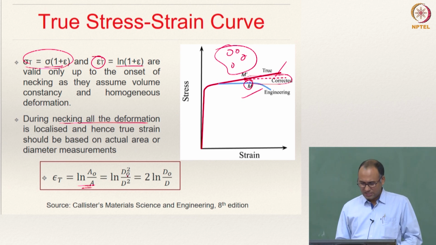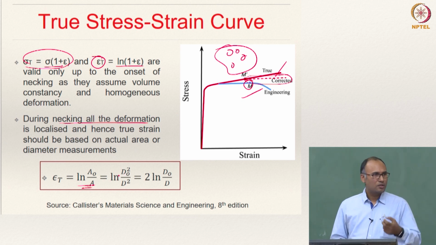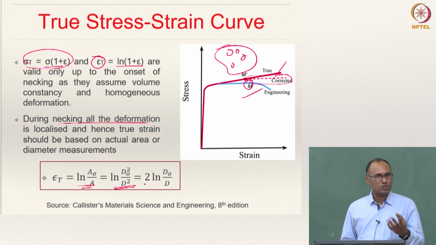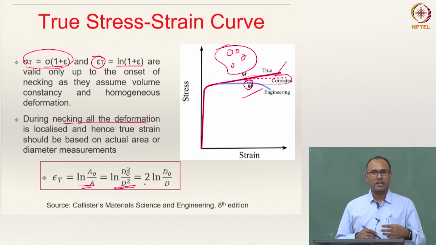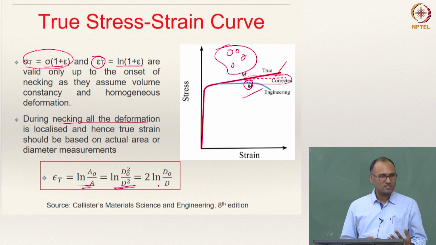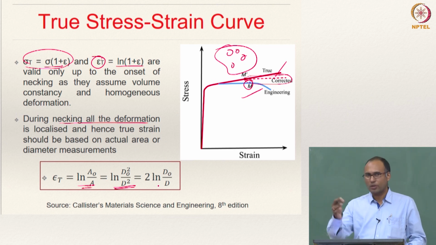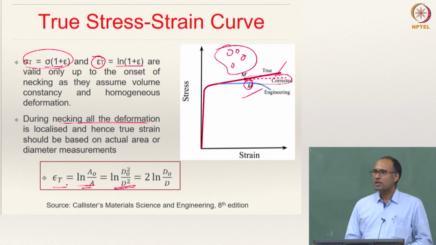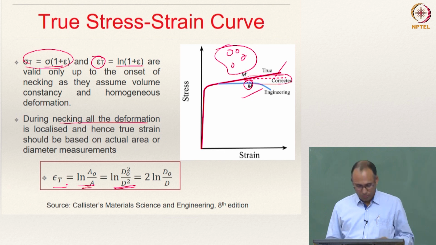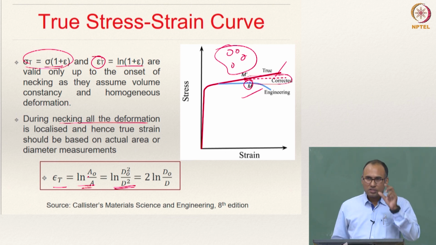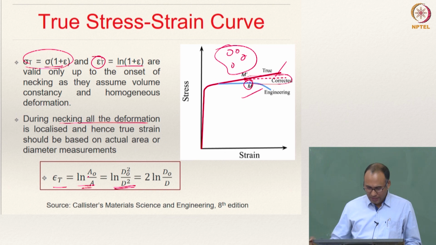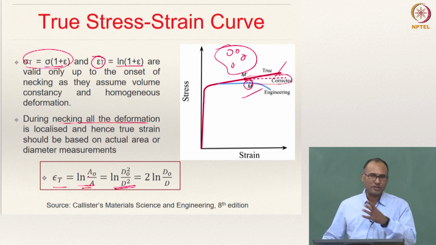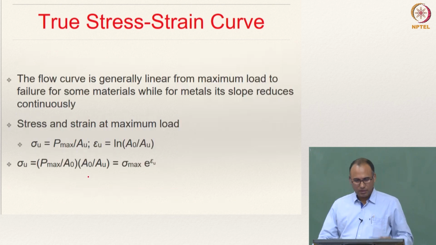And then you can write that as a function of D naught, assuming your specimen to be cylindrical. This expression is only true for a cylindrical specimen. If it is some other specimen, then D naught by D does not work out, because you have to write the appropriate cross sectional area formula. So the true strain in this case is usually calculated using the local cross sectional area variation, ln A naught by A. If it is a cylindrical specimen, you will be measuring the diameter changes during this process. All right.